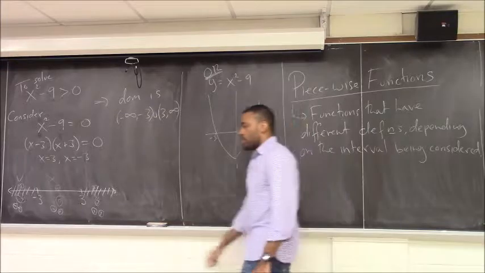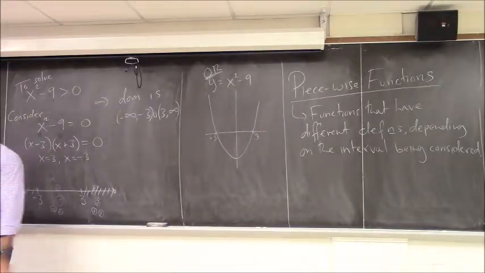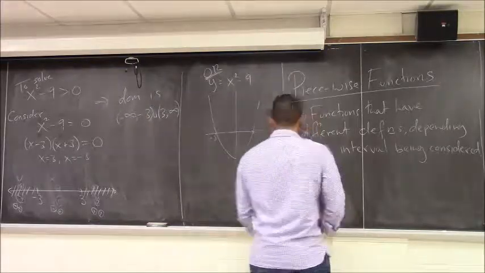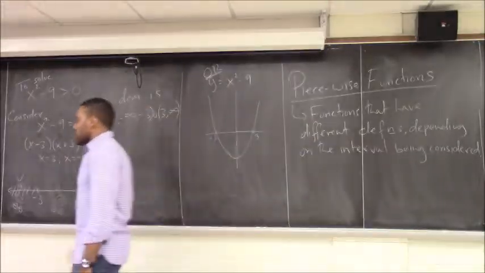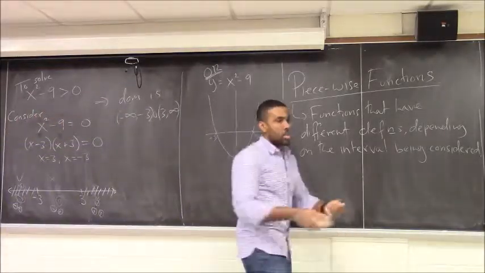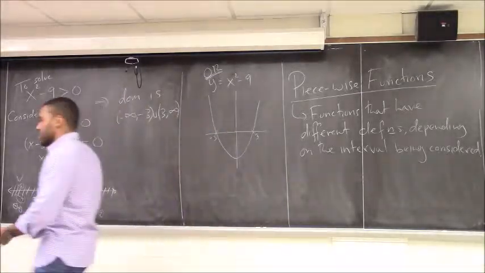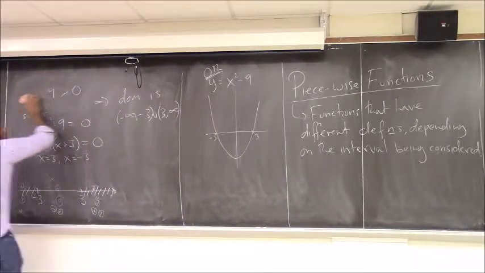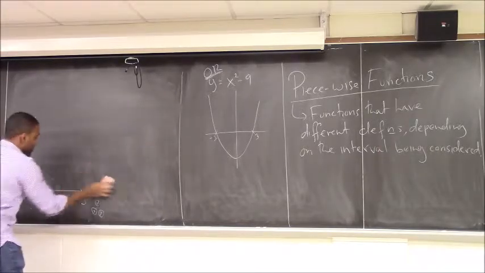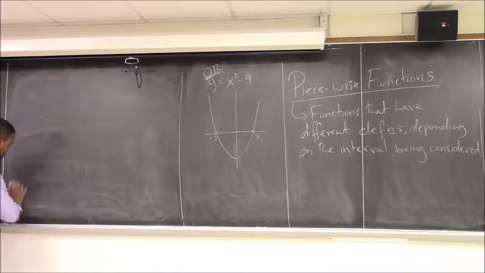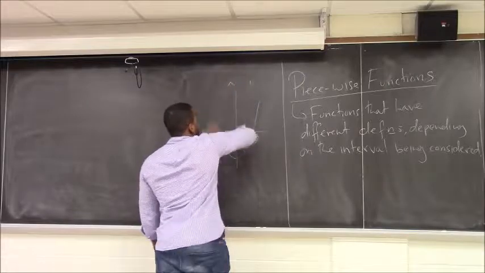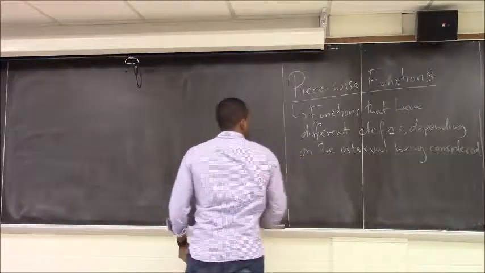We spoke about functions as being models for relationships that connect two groups of things in a special way. What a piecewise function models is a relationship that depends on context. It's not always the same rule. It depends on what time it is, or where it is, or the context that you're in. And if you can describe a situation like that mathematically, it'll be described as a piecewise function. So it's where the definition or the rule that connects these two groups changes depending on where you are. Okay, so for example,